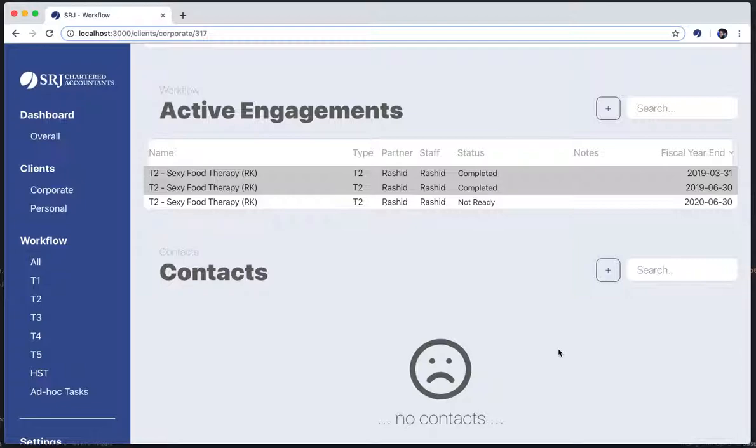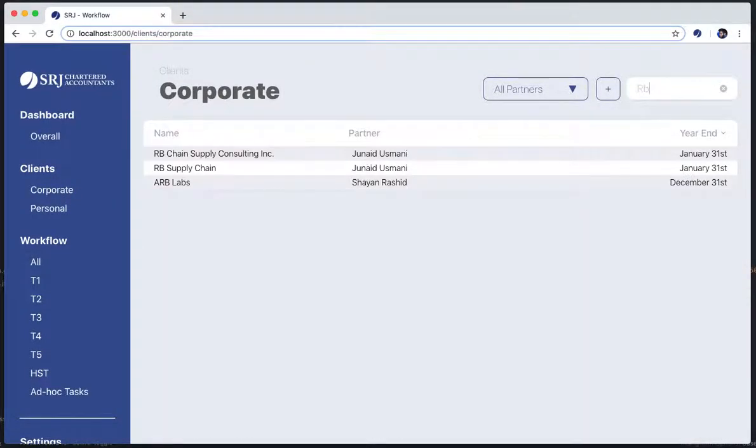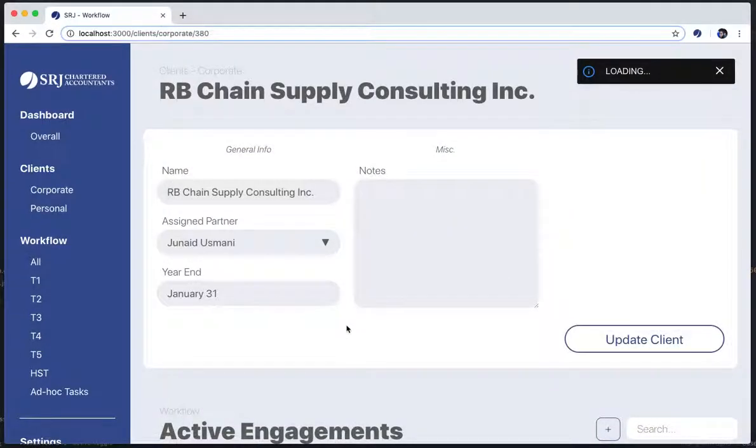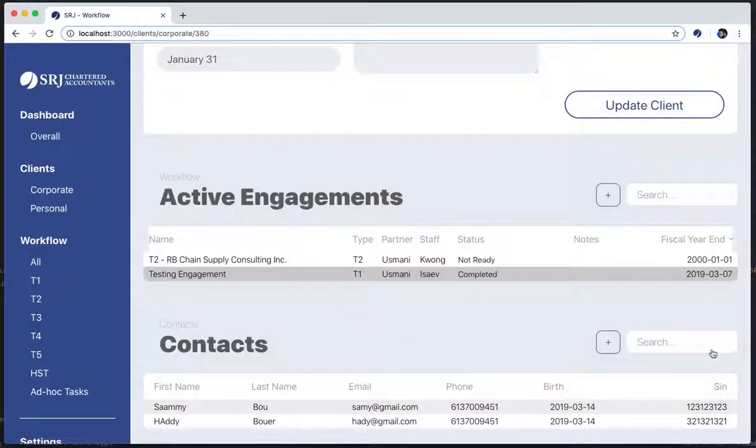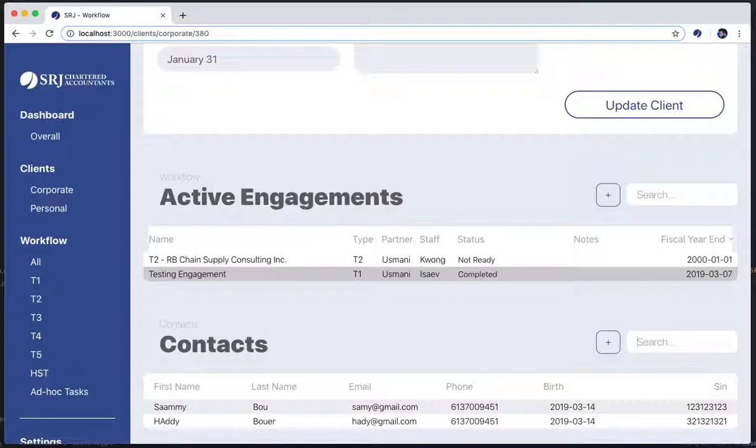And so, going back to RB, sorry, I was in the wrong view here. So I'm going to go back to RB Chain Supply Consulting Incorporated. So you can see here, there's actually a search bar for everything you'll see in the entire app, and where we see the data set, you can probably search. And so you can see here, if I wanted to, I could search by email of the client, or I could search by the first name or the last name. So you can see here it's still matching until I put the ER, and then it filters it out. Or if I want to search by SIN,